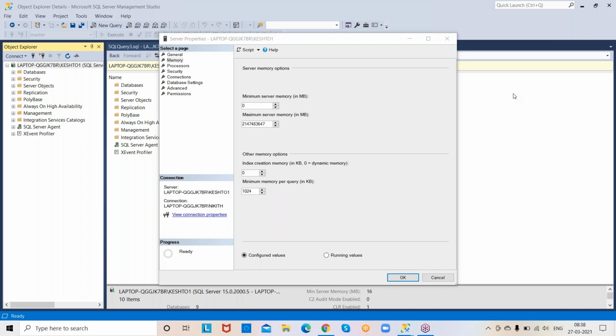We allocate it for the operating system, because not only SQL Server, the operating system has to run too. If the operating system is not working, how can you work with SQL Server? It's not possible. Only when the operating system is working does SQL Server work. That is the scenario.